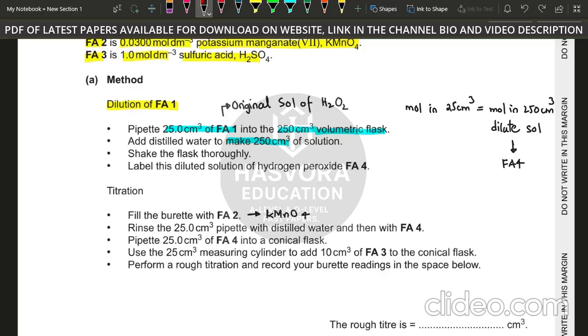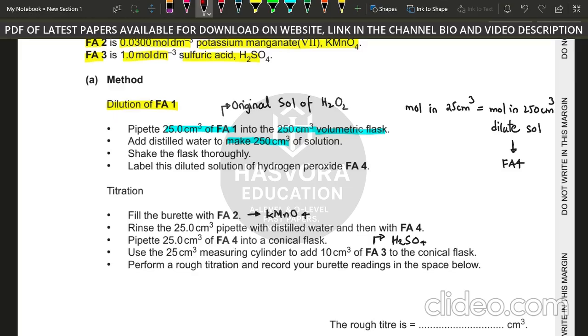Use a 25 cm³ measuring cylinder to add 10 cm³ of FA3. So what was FA3? FA3 was your sulfuric acid. Okay, it is your sulfuric acid. So we are going to be moving 10 cm³ of FA3 into the conical flask, and we have actually filled the burette with the FA2 KMnO4, and we have pipetted 25 cm³ of FA4 into the conical flask